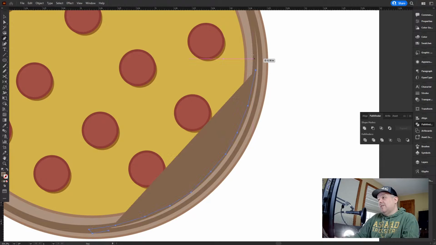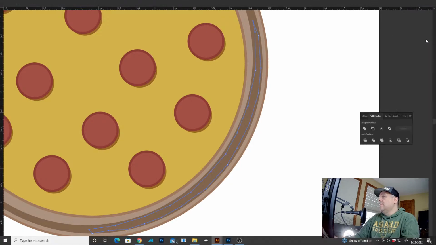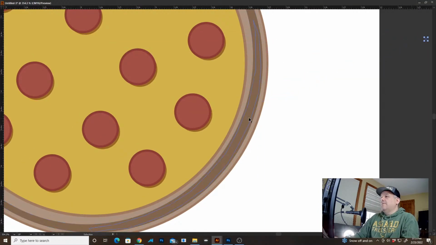So I'll just use the pen tool, and basically I'm just going to make straight lines with it. Then I'll move this behind that layer. Just trying to stay inside the lines here. All right. This is kind of sloppy, but